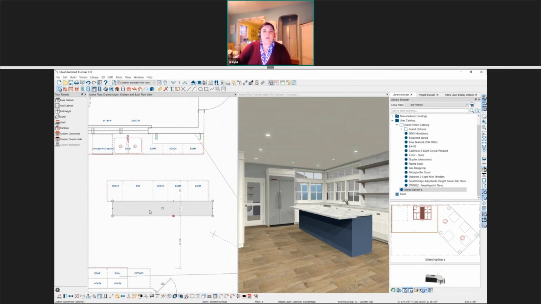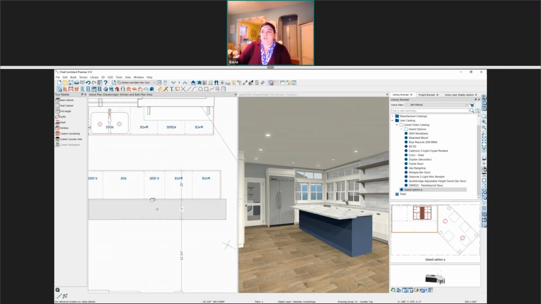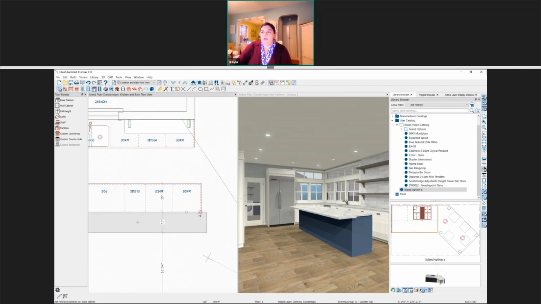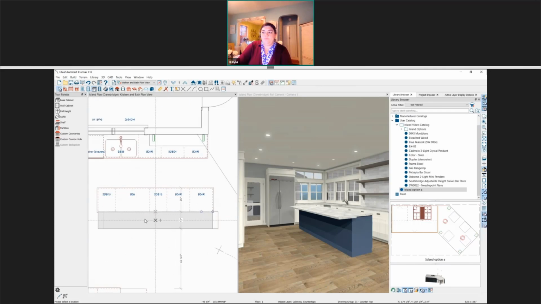Now I need to center this countertop over this bank of cabinets. We don't have a good center point because all of these cabinets have slightly different variances, so there's not an exact center that we can find. So I'm going to grab this countertop. I'm going to use the center object tool, but we also have a sub option for point-to-point center. What this lets me do is choose one point and then another point that I'm going to center right in between.